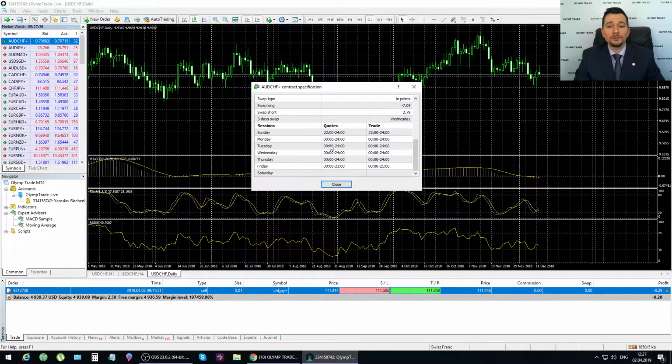And the quotes, this basically means when the quotes are open, when you get a live data feed and you can actually trade. So there's about an hour each day that there is time that the broker has downtime when the servers are shut off. So keep in mind, this is a good place to see when you can start trading and when you can